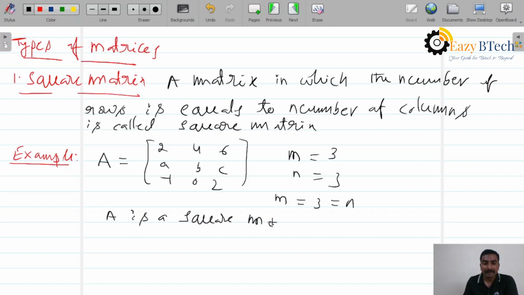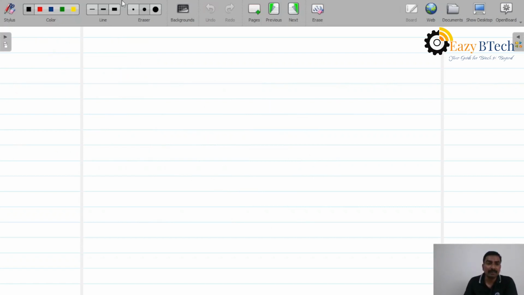Square matrix means the number of rows equals the number of columns. This order is 3 by 3, where the first 3 is the number of rows and the second 3 is the number of columns. This is the square matrix. Now come to the next type of matrix,